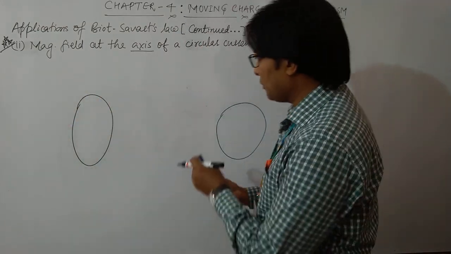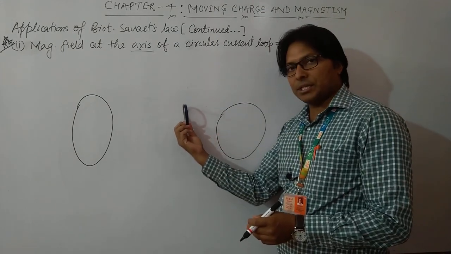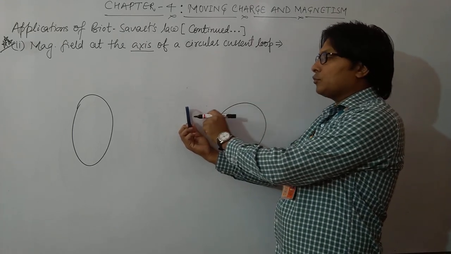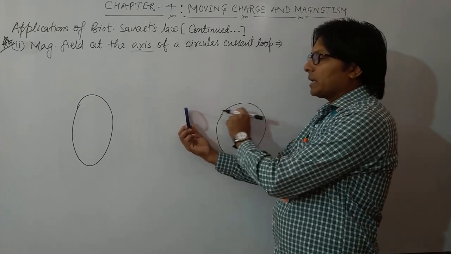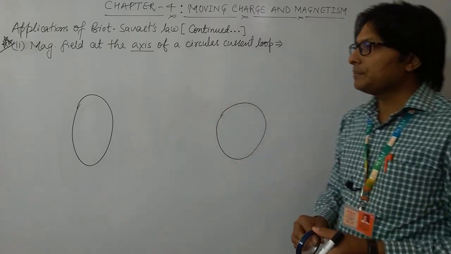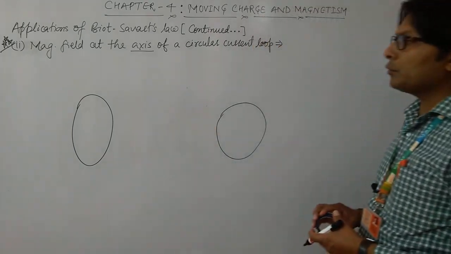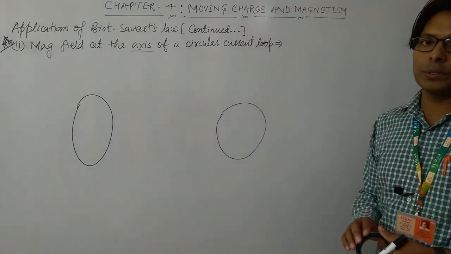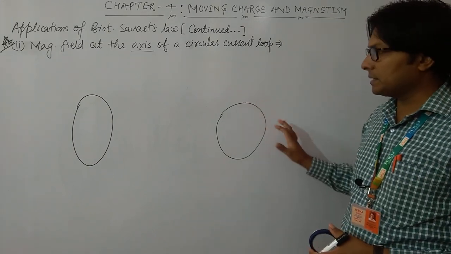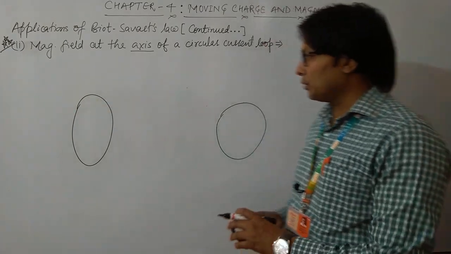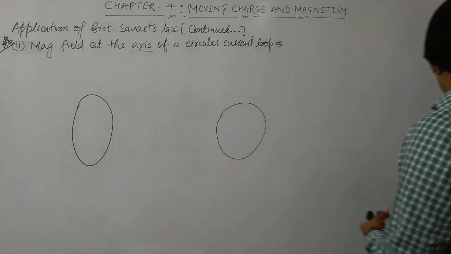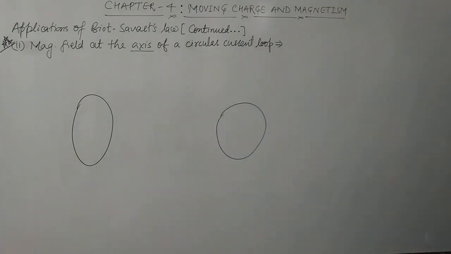So we have put this loop in this direction, and we will take the axis in this direction, and we want to find the formula of magnetic field at the axis of this circular loop. This is basically the point of view from where you are watching this loop. If it is a top view, the loop will look like this, and if you are watching from the side view, it will appear like this. So this is a circular loop